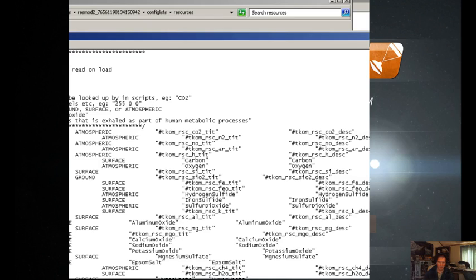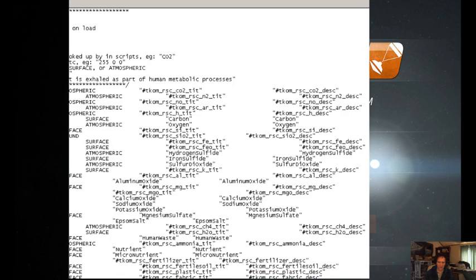Well, calcium technically is a ground, I suppose you could call it a ground. Oh, I wonder if that could be the problem. Where does the nickel come from? That comes from the surface. So that can't have anything to do with it.